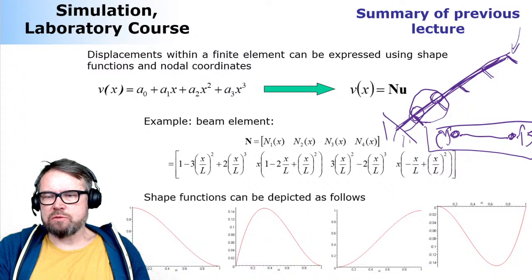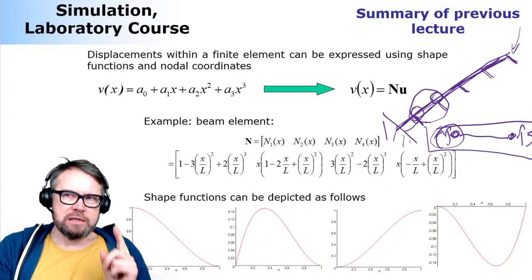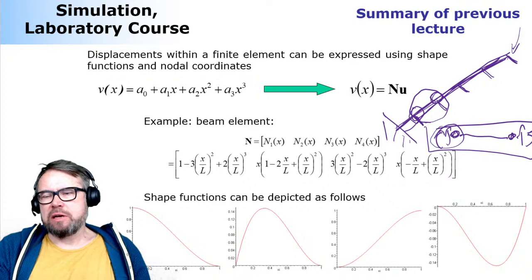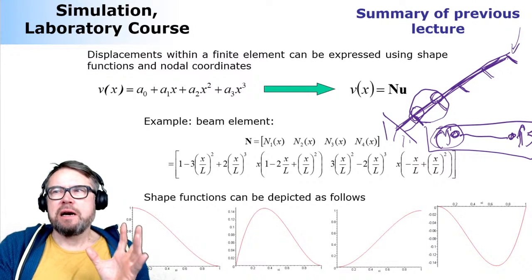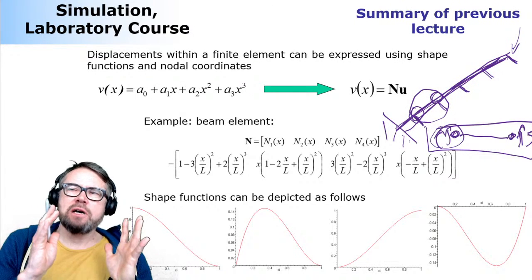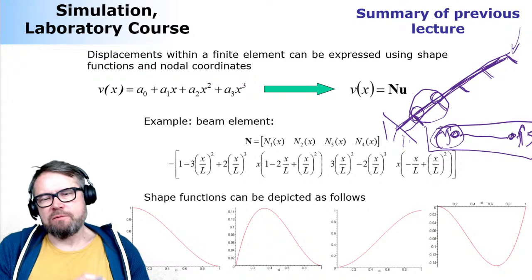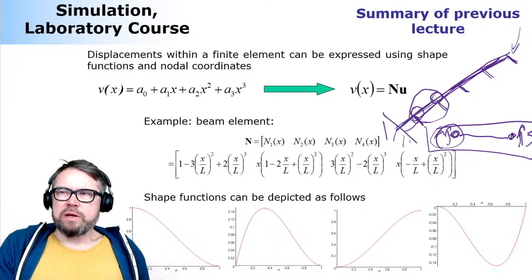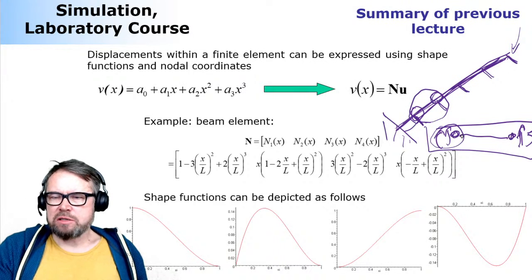Then what's also important is that one nodal location has 2 degrees of freedom. And again, these 2 degrees of freedom are a displacement in a transverse direction and a rotation. Now, because the entire element consists of 4 degrees of freedom, we can describe particles between these 2 nodal locations